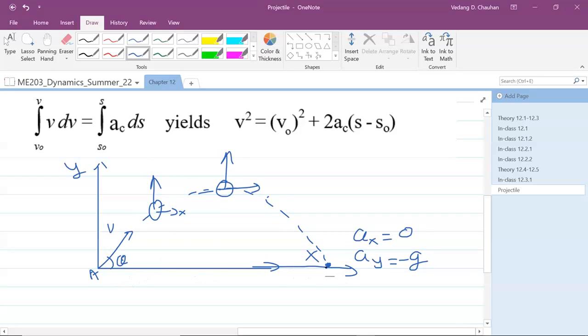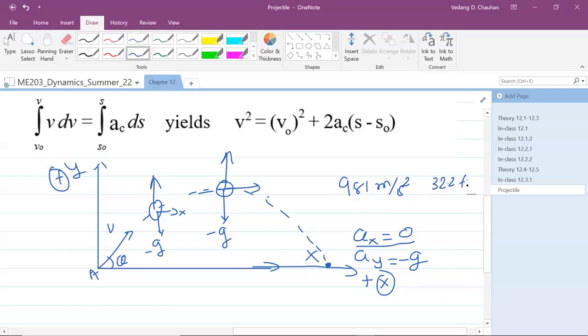Now, let's define our coordinate system: horizontal motion going right is positive, and that's our x coordinate. The y coordinate going up is positive. There is no acceleration along the x direction, so x acceleration is 0, and acceleration along the y direction at all points is gravity, which is minus g, which is minus 9.81 meters per second squared in the SI system,